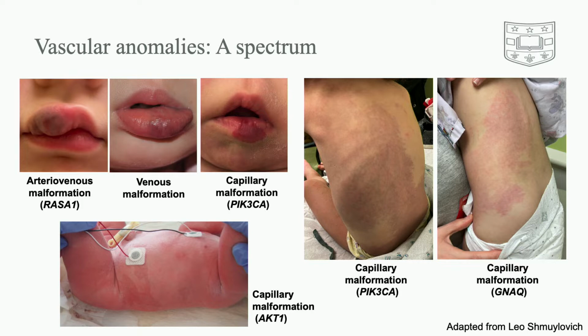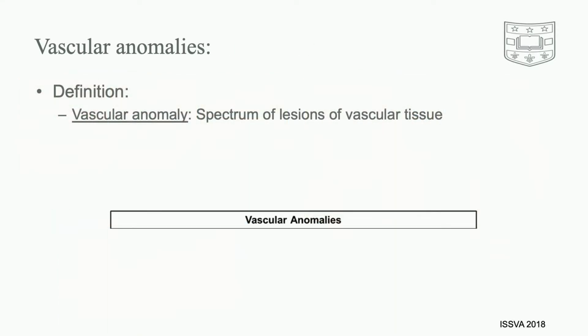But the reason this matters for these patients is the patient in the middle with that distribution needs to have ultrasound of the kidneys every 3 months to make sure that she doesn't develop a renal tumor, whereas the other two don't need that type of workup. And so to take a step back, vascular anomalies is a big catch-all term that just is a spectrum of